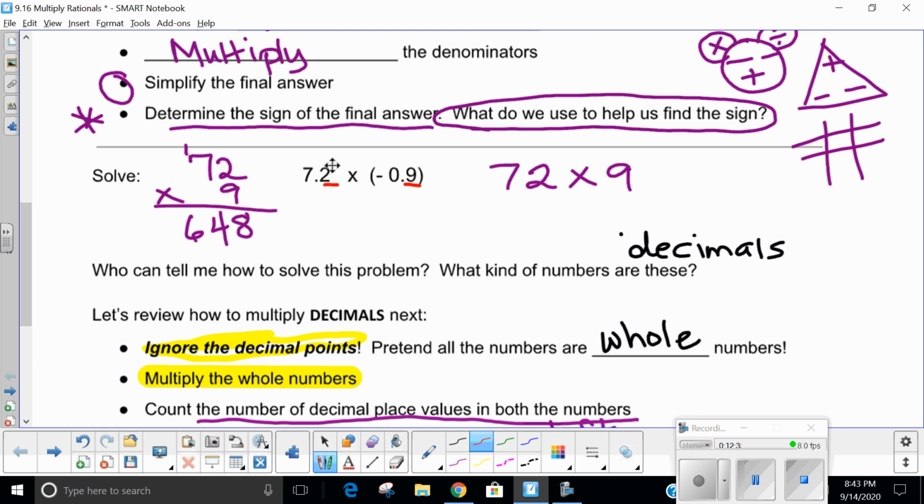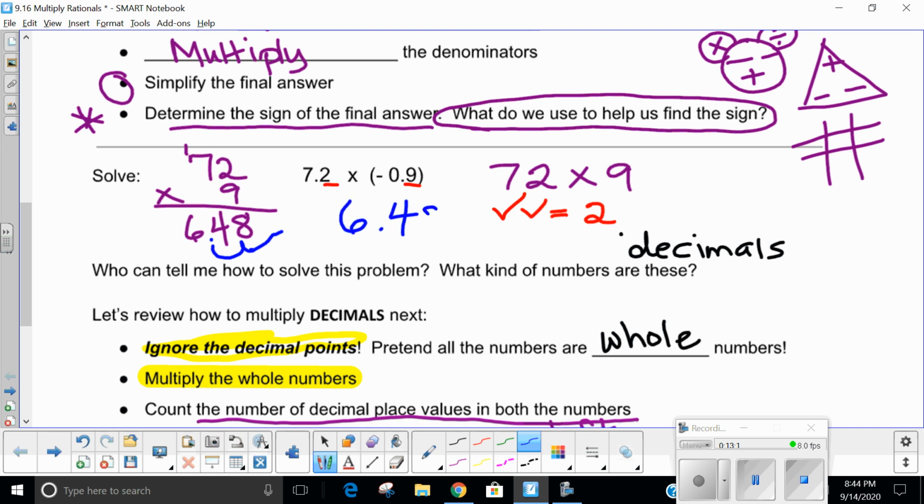So there's one place value to the right of this decimal point. So that's one place value. And then there's one place value to the right here. So that's a total of 2 decimal place values. So then what I need to do is take my decimal point, place it at the very end, and move the decimal point 2 places to the left, and I put my decimal point right there. So my answer is